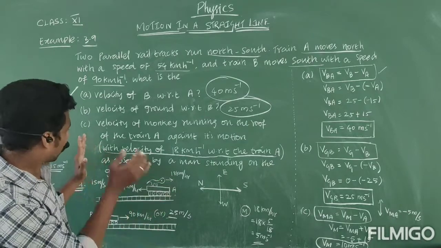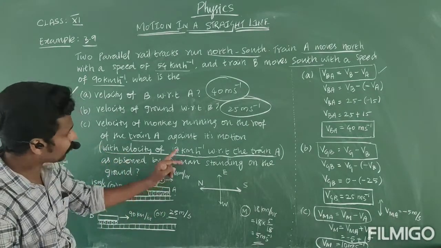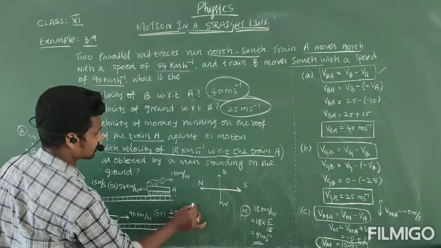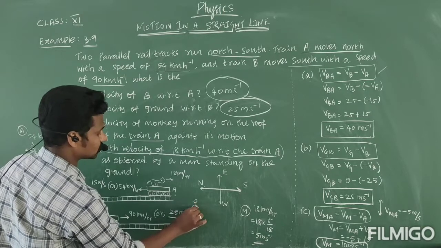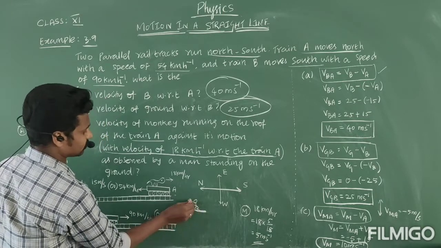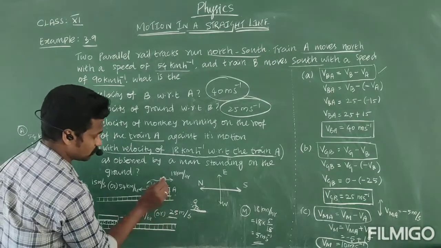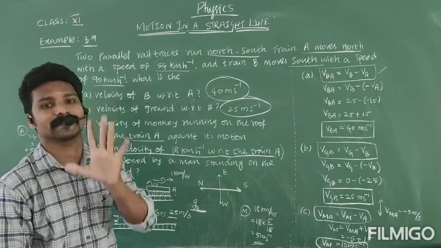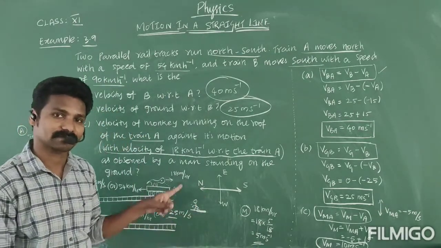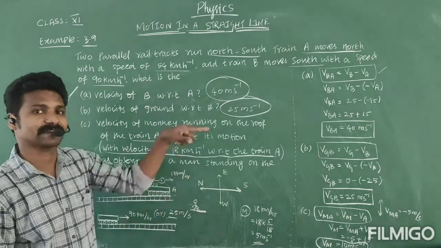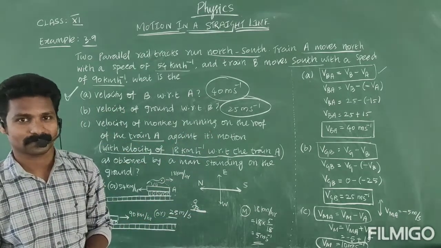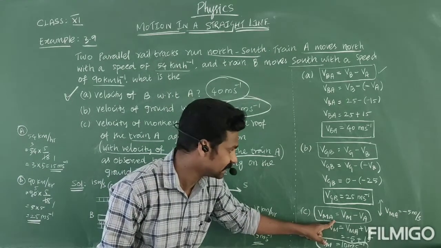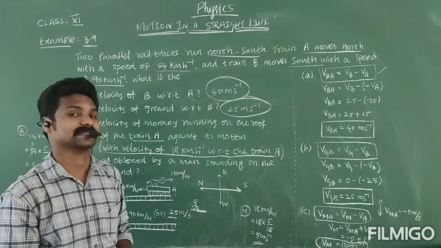Okay? Right. Now what is being asked? As observed by a man standing on the ground. Okay, it is the ground, for example, here the ground. On the ground, one person is watching the monkey. Okay? One person watching the monkey. So they are asking how the monkey's speed appears to him. One person is watching from the ground. What does he feel the velocity of the monkey is? Okay? But you already know that the velocity of monkey with respect to train A is 5 meter per second.